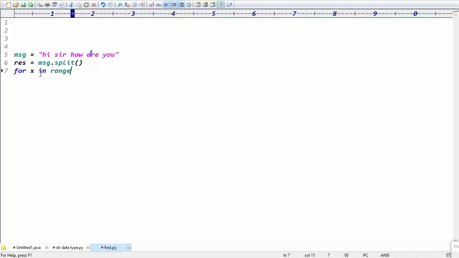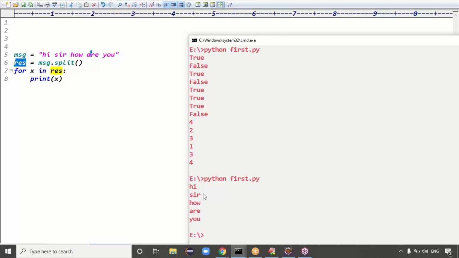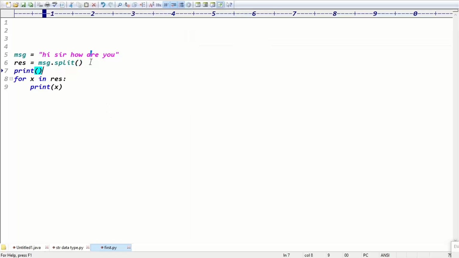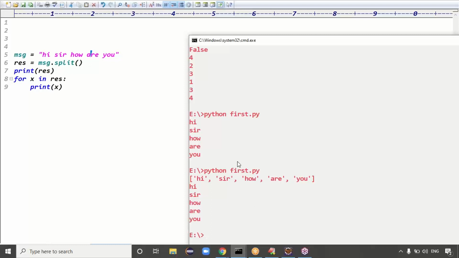Then for x in res, I'm trying to print x, right? Guys, in the for loop, if the result contains five words, I'm repeating for every word, printing every word. See this message here: hi sir, how are you? And if you want, you can see what type of data the result contains. After splitting, the result contains list type data, a list of strings.